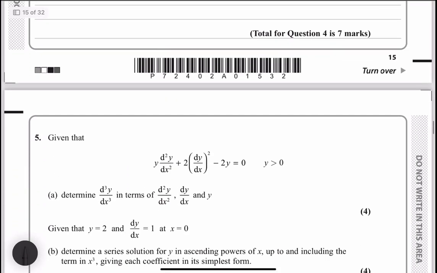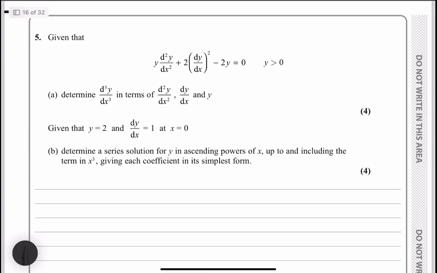That's question 5. Okay. Given that this is true, so this is the second derivative, determine the third derivative in terms of the second, the first, and the original y. So we're just going to take what they've given us, and differentiate it again. If I write this out,